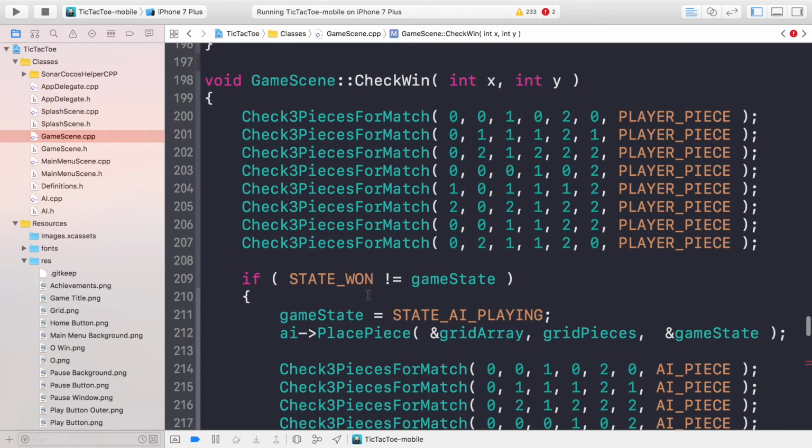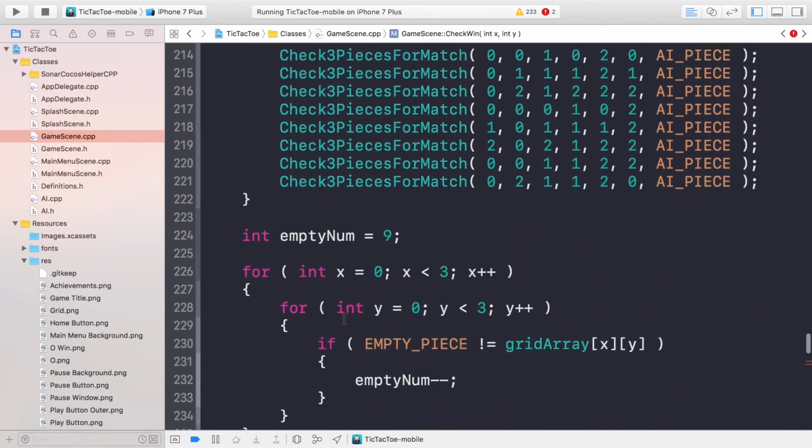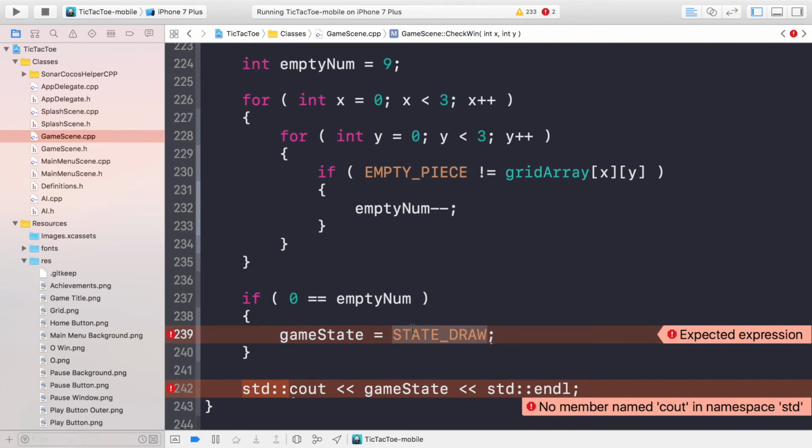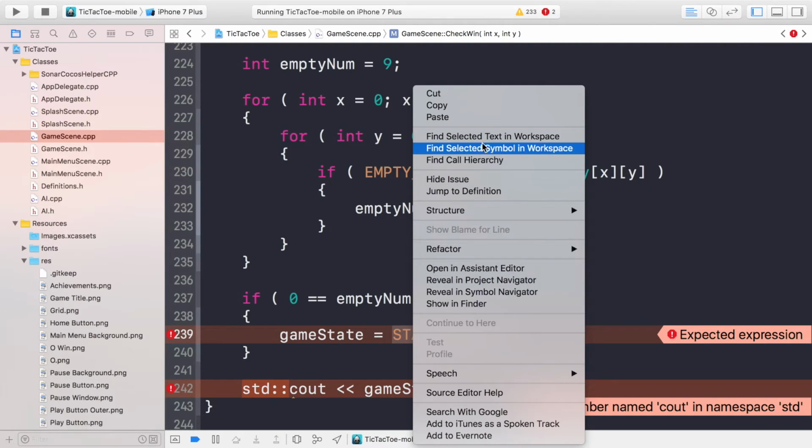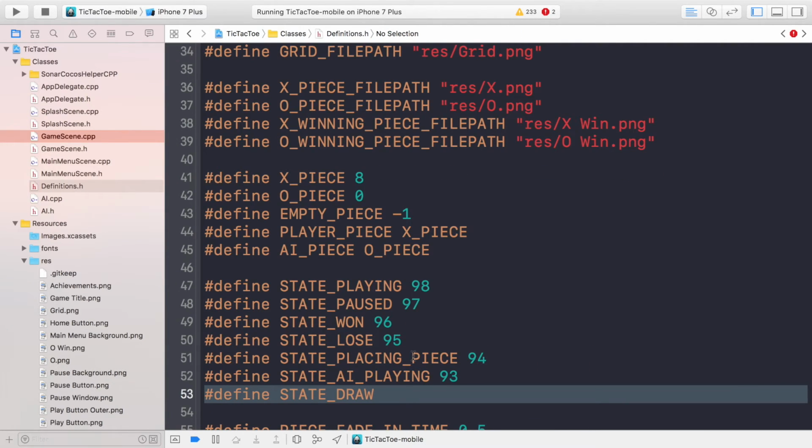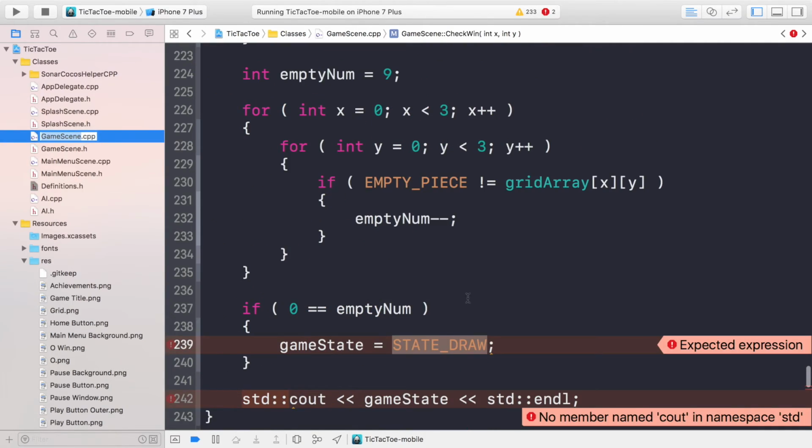So, what game state here? We're setting it here. Unless, let's go to the definition of state draw. I did not put a particular state number, hence why it gave us an error. So I'm just going to put 92. Go to game.cpp,